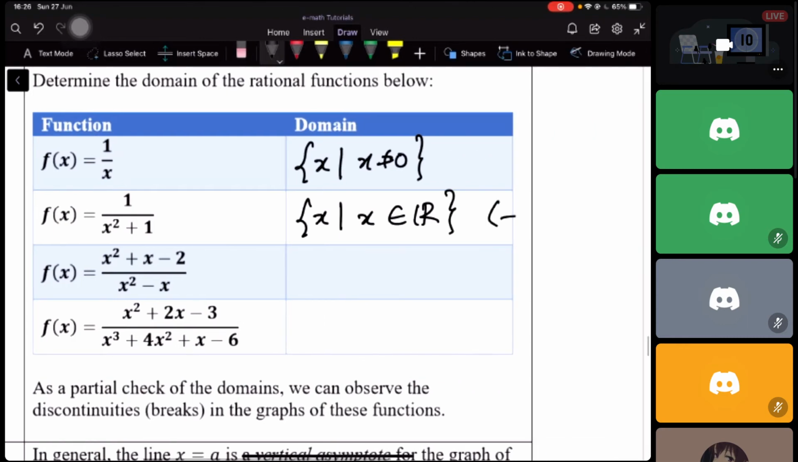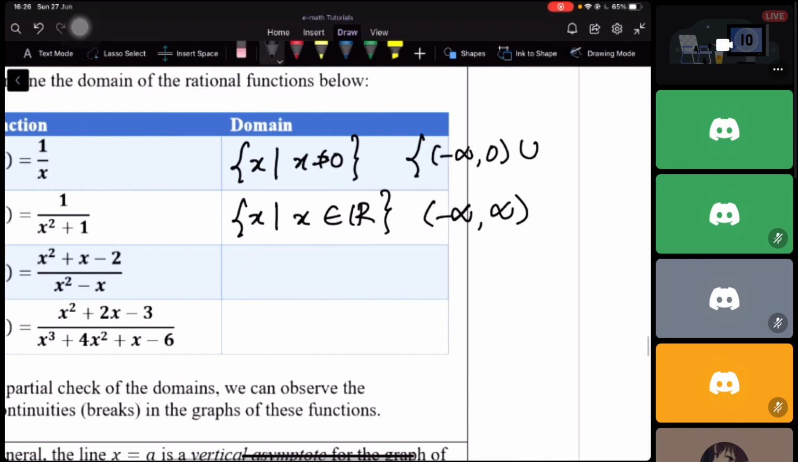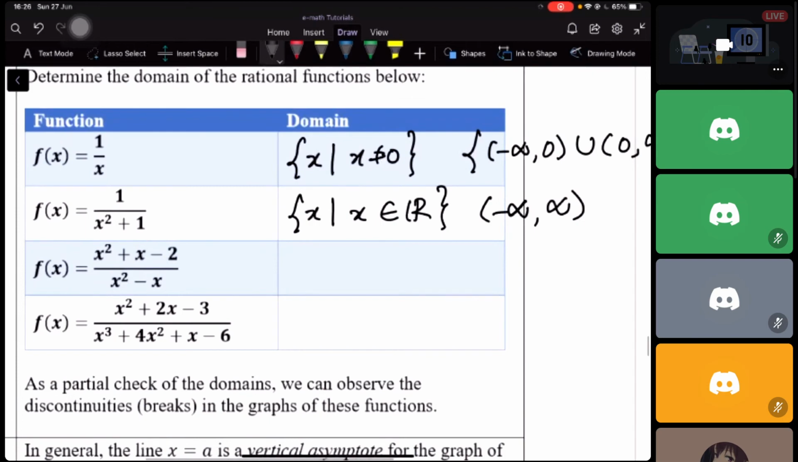Or just write negative infinity. For this one, you just write what? From negative infinity to 0, not including 0, union from 0 to positive infinity. Okay? Then this one,